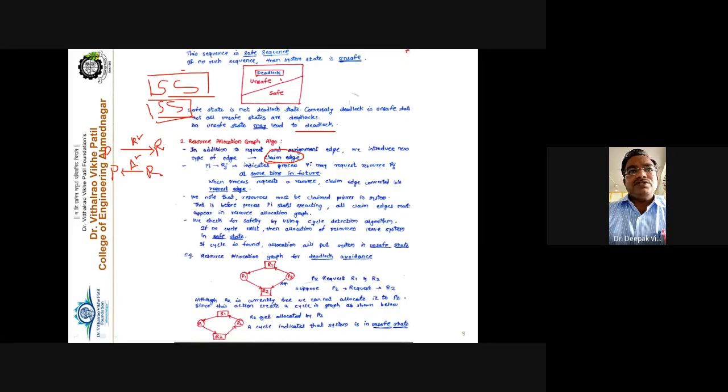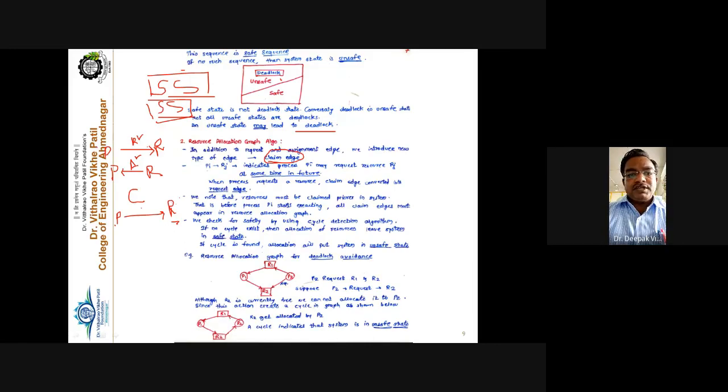Claim edge means that in future that process may claim that resource. It may claim or may not claim. It is not requesting the resource. So requesting is different, and you are going to add a claim edge, that is, P may claim the resource in future. The process P may claim the resource in future means it may require or demand that resource in future, or may not require or claim it.